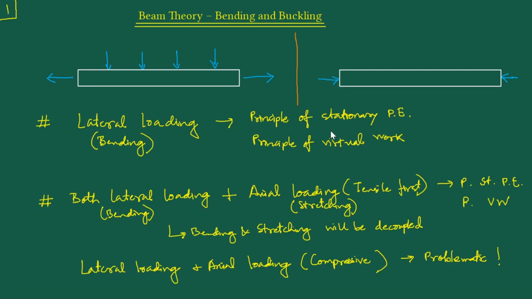So as a prelude to our theoretical developments, let me just do that quickly. So let me go to the next page. So, principle of stationary potential energy. Okay, so what we'll do is, we know the principle of virtual work, and that is this thing: the first variation of the total work done due both to the internal forces and the external forces is equal to 0. Now, this thing can very well be decomposed into the contributions from the internal work and the external work.